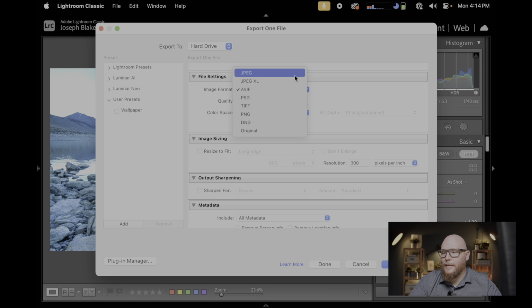There's a couple of different options. You've got JPEG, JPEG XL, AVIF, PSD, TIFF, PNG, DNG, and original. And a couple of these, when you select them, will give you the option to do an SDR output and to select the color space. Now, while the P3 color space is probably even more expansive than what we would call Rec 2020, which is traditionally what you would see in an HDR color space,